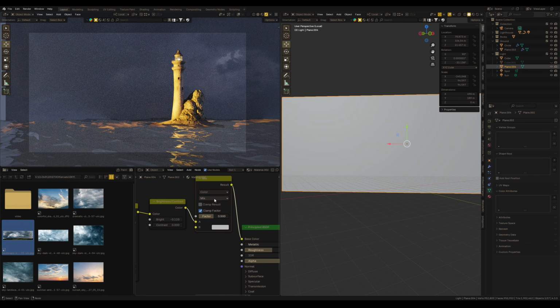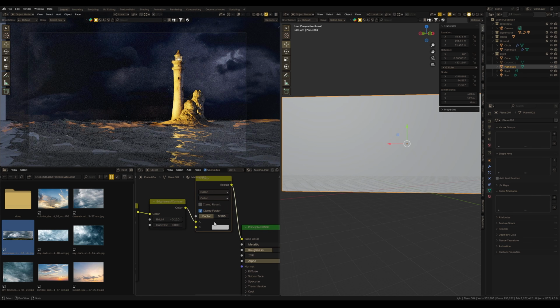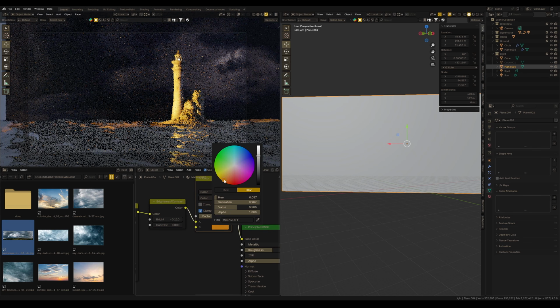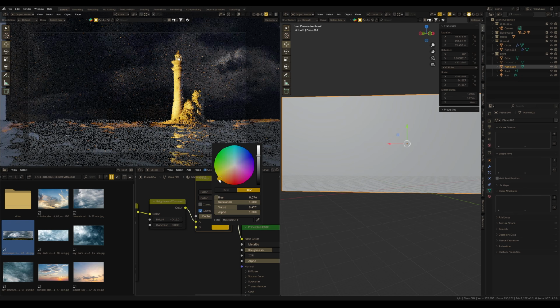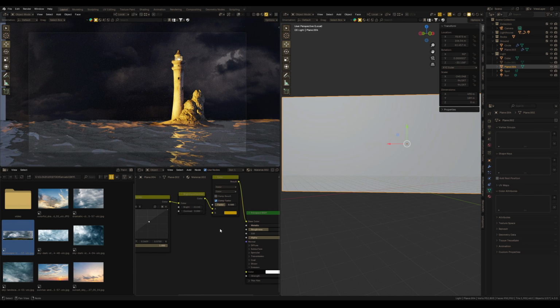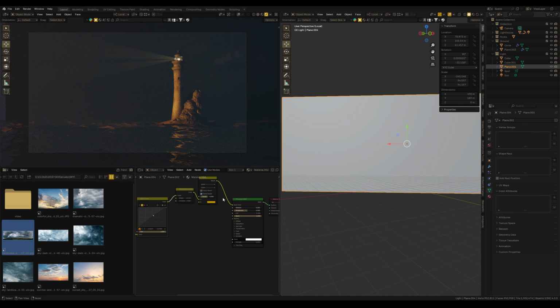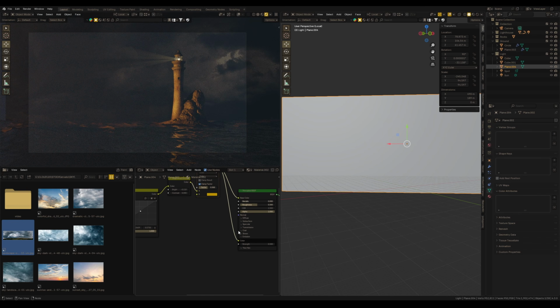But using a mix color node with color blending mode, I can even change the main color of the sky, some kind of color correction right in Blender, to match the sky with my main color gamma and make it like a stormy sky. Now this dark silhouette of the lighthouse on the light part of the sky contrasts with the dark surrounding atmosphere.